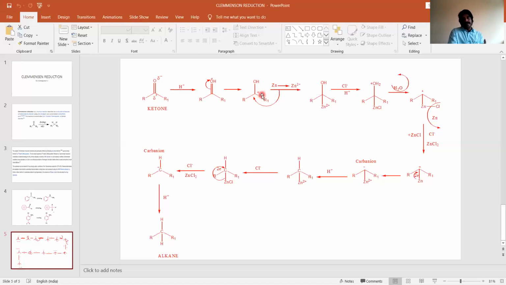Here comes the entry of zinc. Okay, as I said earlier, zinc has a stable existence when its oxidation state is 2 plus. That means Zn 2 plus. It can give away 2 electrons. So zinc coming to the picture, zinc is giving 2 electrons to the carbon in order to compensate the plus charge. But when zinc does like that, zinc will get a plus charge. Zinc is losing 2 electrons, so Zn2 plus. So here it is represented like Zn2 plus, right?